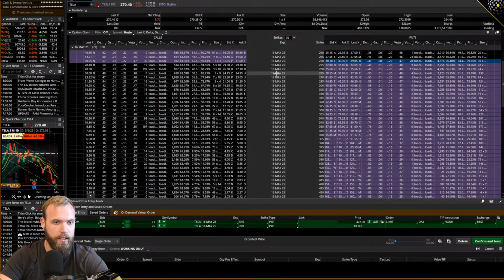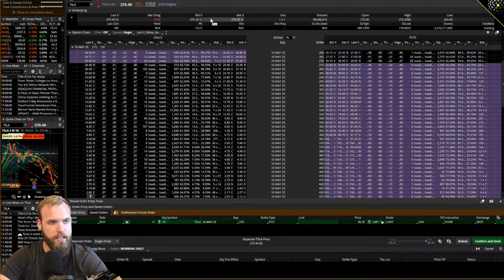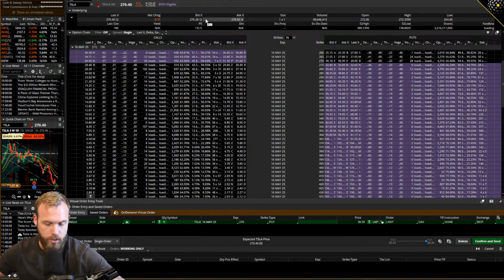Let's take a look at an example here. If we take a look at just these 270 options, which we bought and have to get out of, these are 25 cents wide. If you multiply 25 cents times 100, you get 25. So that's effectively the slippage here. If you take a look at the bid-ask spread on the equity, it's what, 22 cents? So really not that different is the broader point. If you do that on 100 shares for the equity, you're going to pay that 22 cents, 22 bucks. So it's actually not that different.